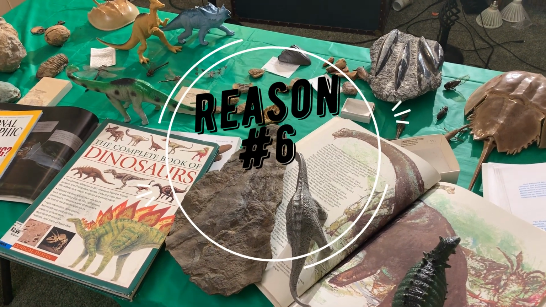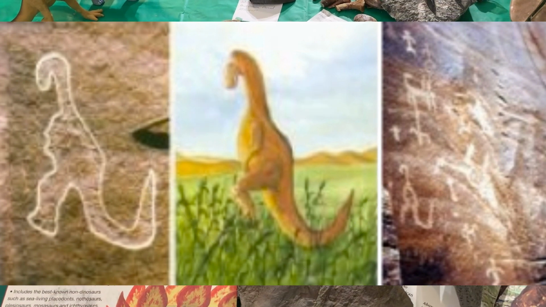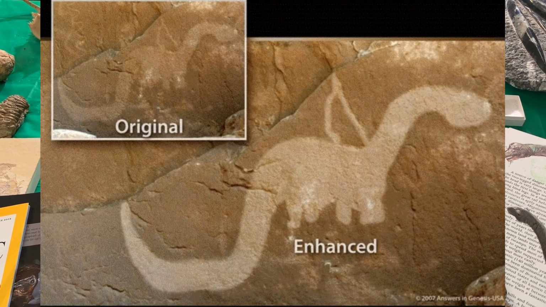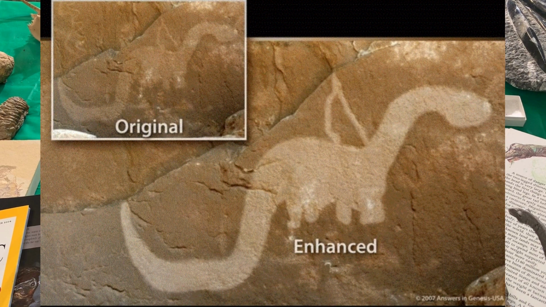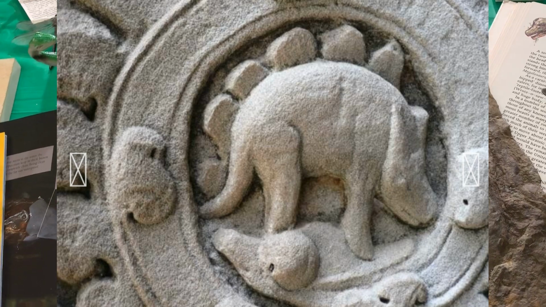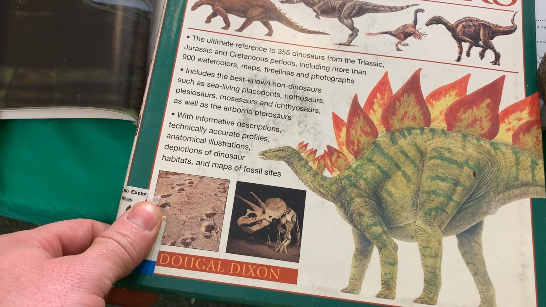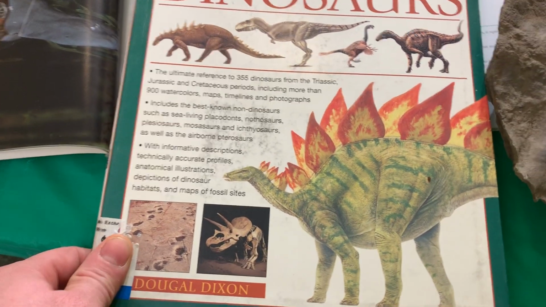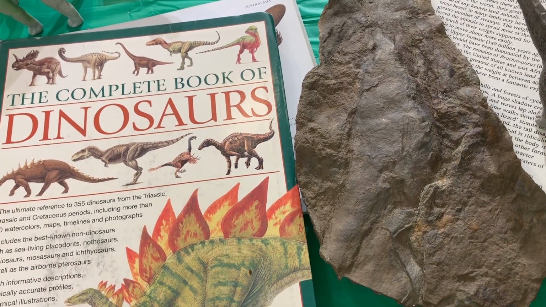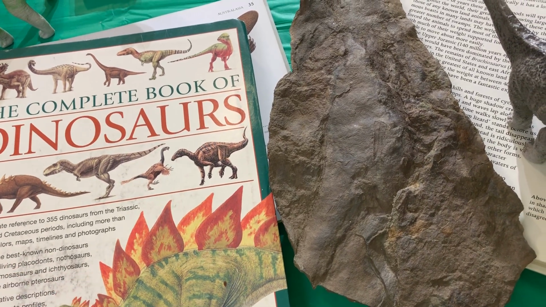Reason number 6: the theory that dinosaurs died out 65 million years ago fails. There is more than overwhelming evidence that dinosaur and man always lived together. From carvings on a wall of the canyon of dinosaur, to a clearly carved stegosaur in a temple that was built thousands of years ago, to all sorts of evidence. Like Biloxi River, there were footprints of dinosaur and man together. The people who went there saw footprints of humans so clear that they could see the fingerprints of the foot on the dinosaur and human footprints together.